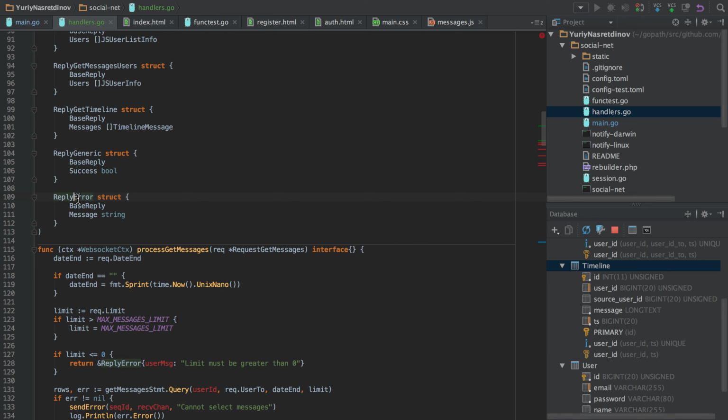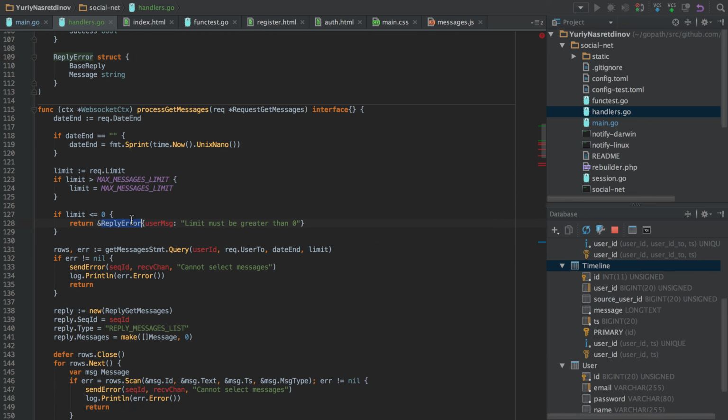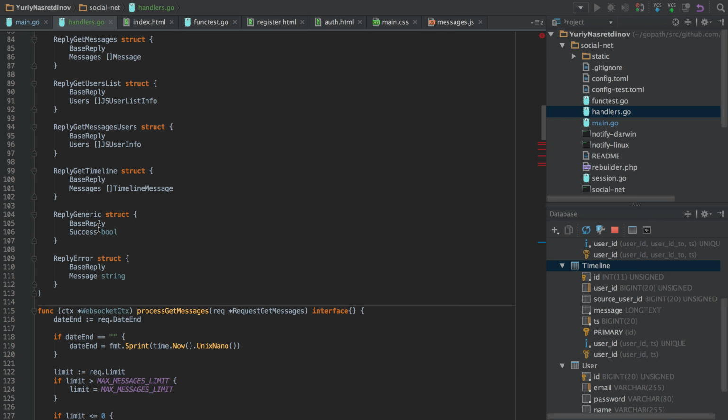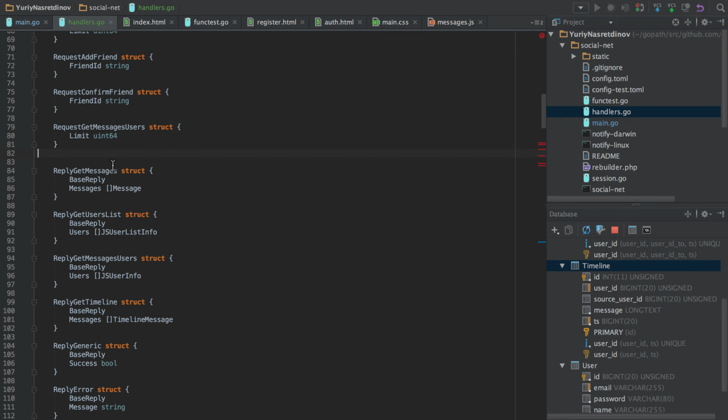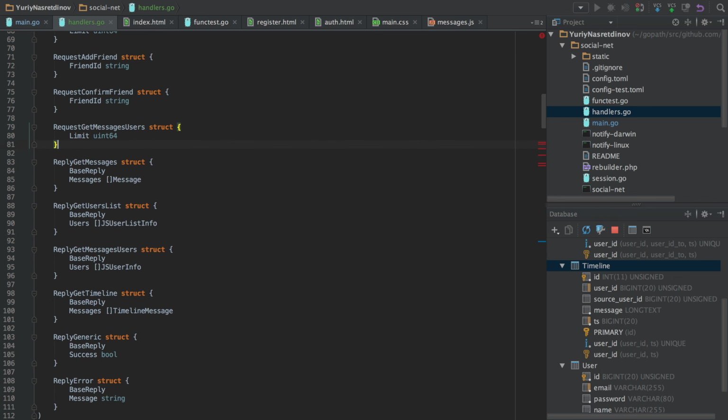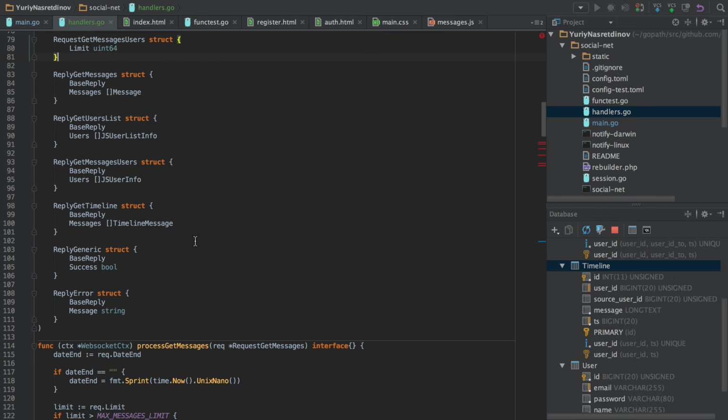The reply error is the type that we send into the protocol, so we can't get rid of it. We need a different type, response error.